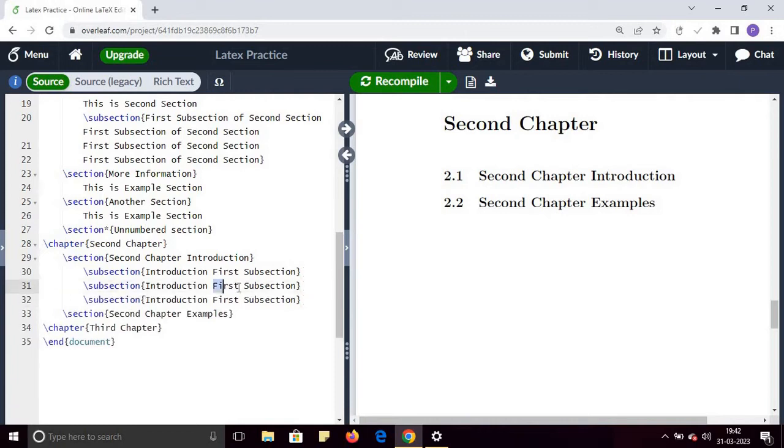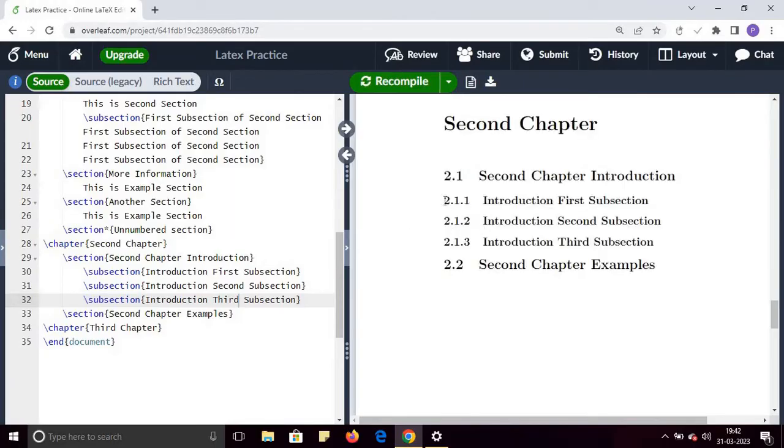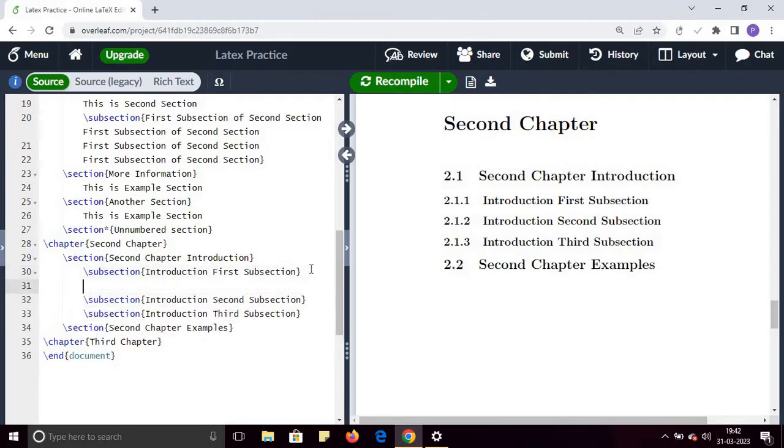So introduction, first subsection, introduction, second subsection, introduction, third subsection. Click on recompile. So see how easy. Similarly, you can have subsections in the 2.2 section, and in a particular subsection you can have